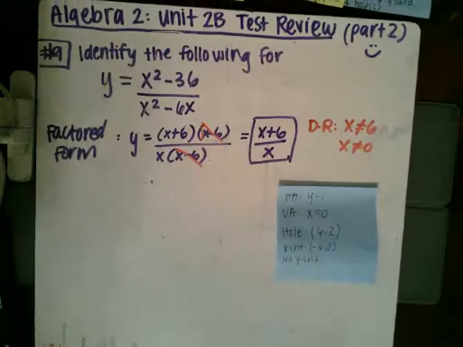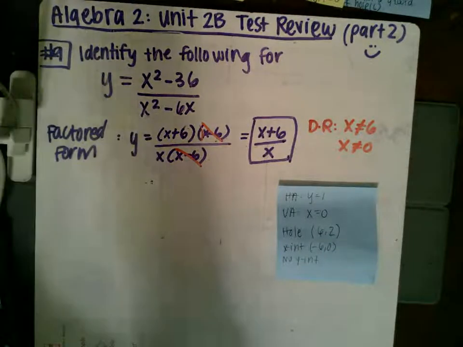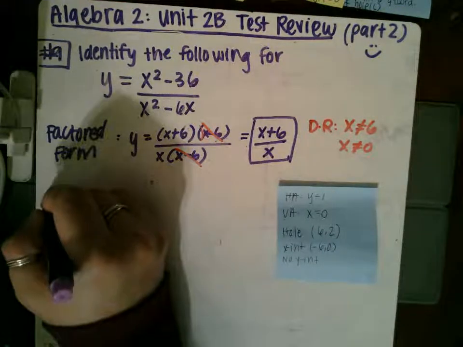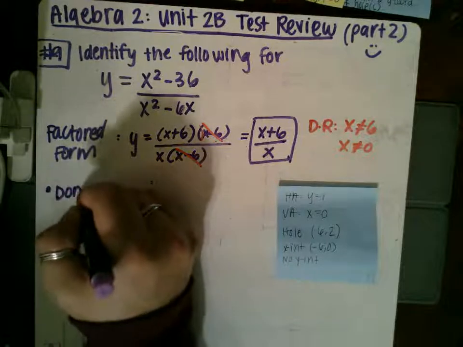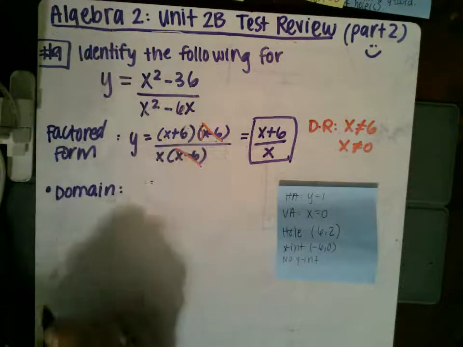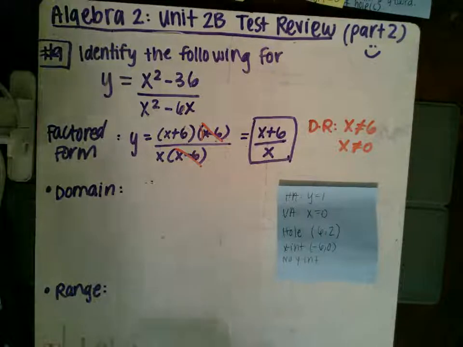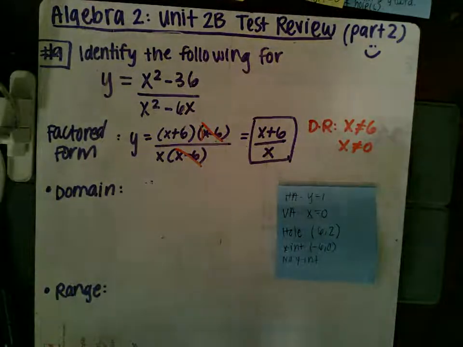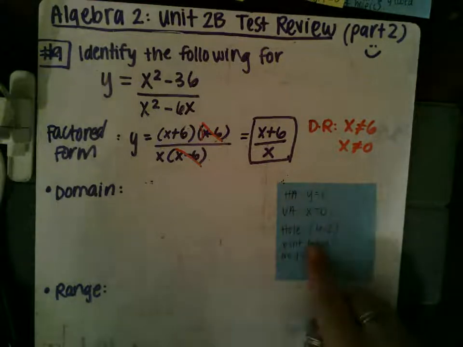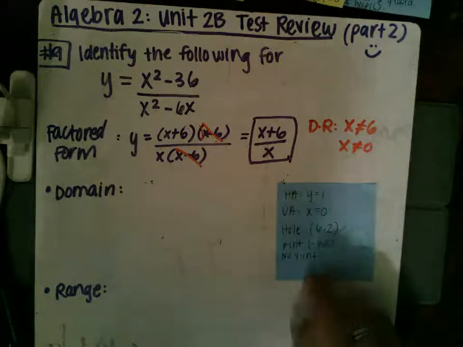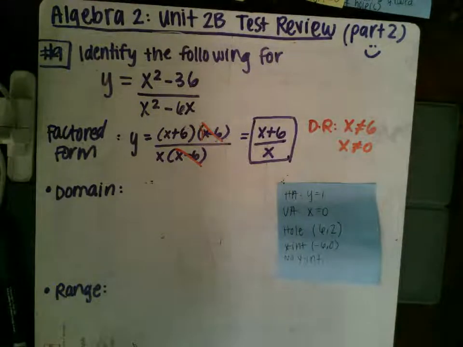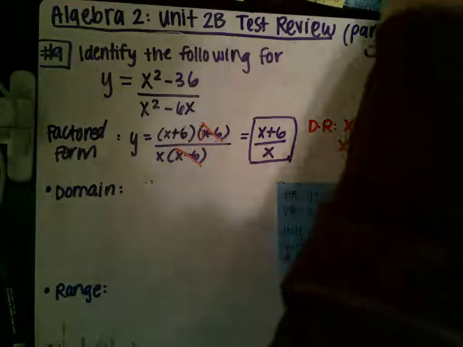Okay, so it wants us to identify the domain and range for this problem, and we need all of our information, right? So it wants us to identify the domain, lastly, and then the range, lastly. But we need to know the horizontal asymptote, the vertical asymptote, the hole, the x-intercept and y-intercept in order to answer these. Because if we remember,